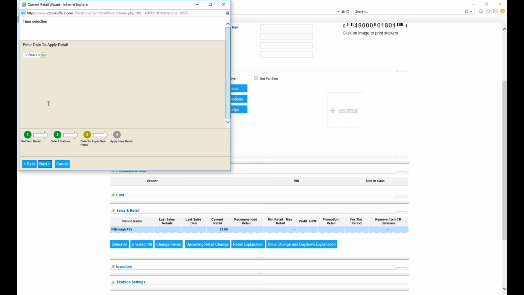What this module will allow you to do is make postponed retail changes. So say we knew that the price of these Cokes for some reason is going up on Monday. Next Monday, we could go ahead and future date this. Okay, but in this case, we want the price change to take effect ASAP, so we're going to leave the date the same, click next again,